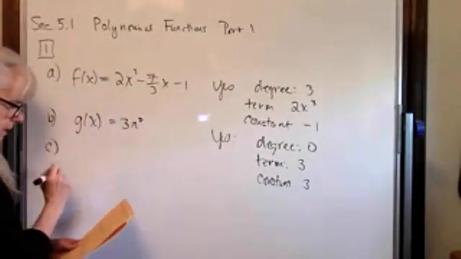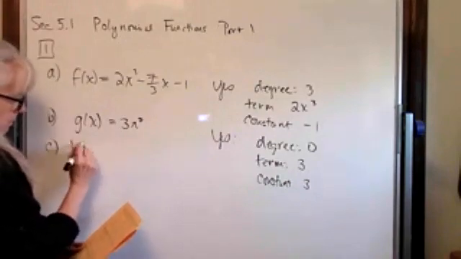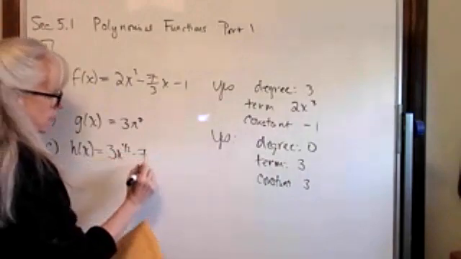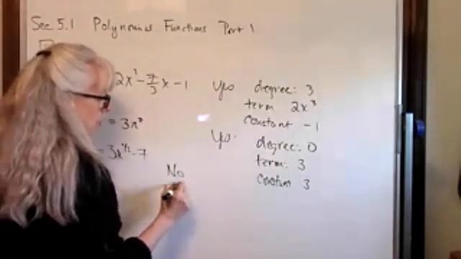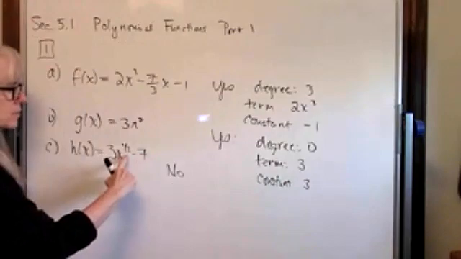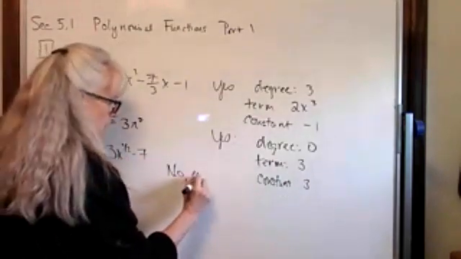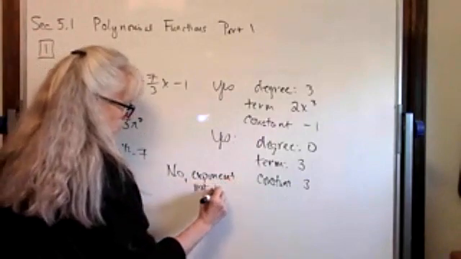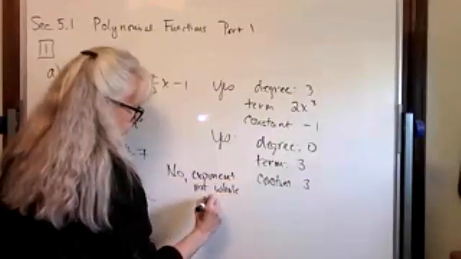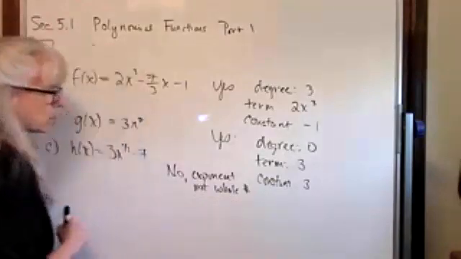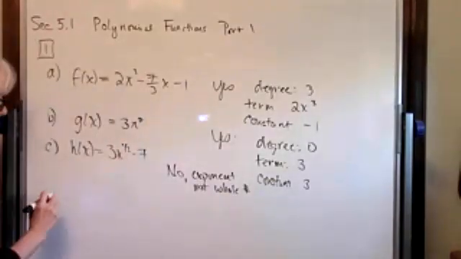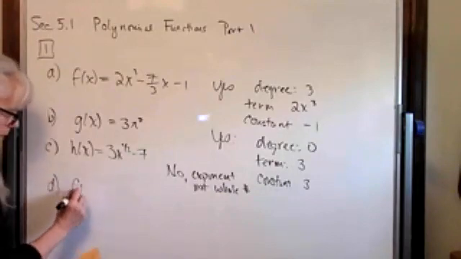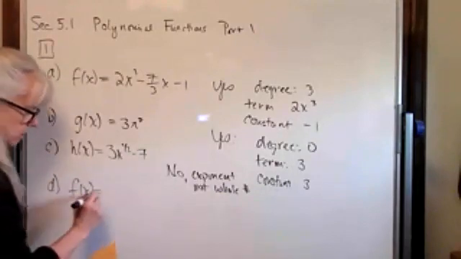Okay, C says h of x is equal to 3x to the 1/2 minus 7. This one is not a polynomial. And the reason it's not a polynomial is because it has a fractional exponent. So that exponent is not a whole number. Not a whole number. And that's the reason why it's not a polynomial function. It's that 1/2. Example D says, okay, what if f of x is equal to 3x minus 5